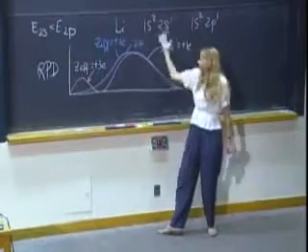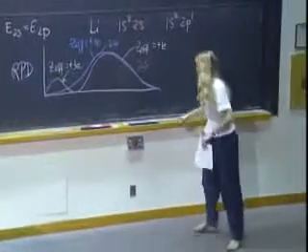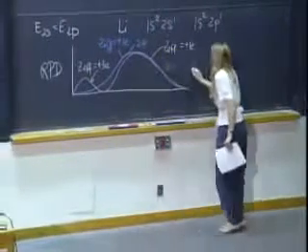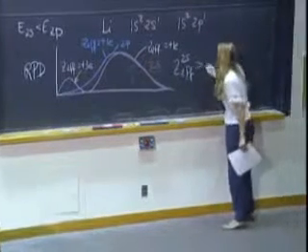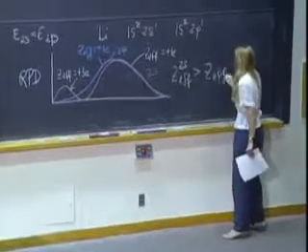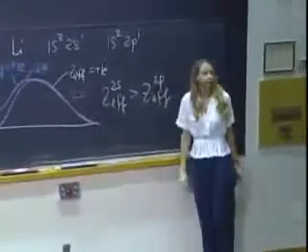Because the 2p everywhere is plus 1. So the effective charge for the 2s is going to be greater on average than for the 2p